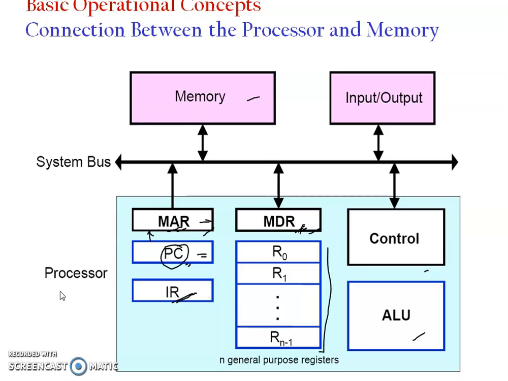So in the previous class, we learned about the functional units and the components that are there in the computer, like processor, input, output, and memory. Also, the major components required to perform different operations, like MAR, MDR, PC, IR. These are some of the components used within the processor to perform the different operations. We learned the purpose of those things in the previous class itself.